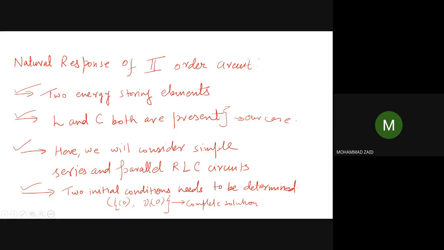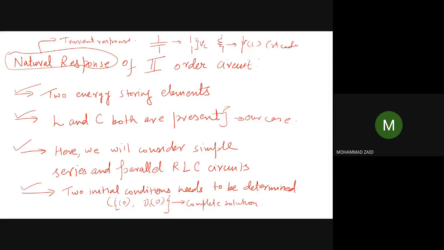So actually, the force response is not changing. What is changing is the natural response or the transient response of the circuit. Because finally what will happen is that if it is a capacitor, then it has to store charge, and it will be charged to some value. And it will become open circuit with some value of VC. Similarly, if there is an inductor, it will become short circuit with some current flowing through it in the steady state part.